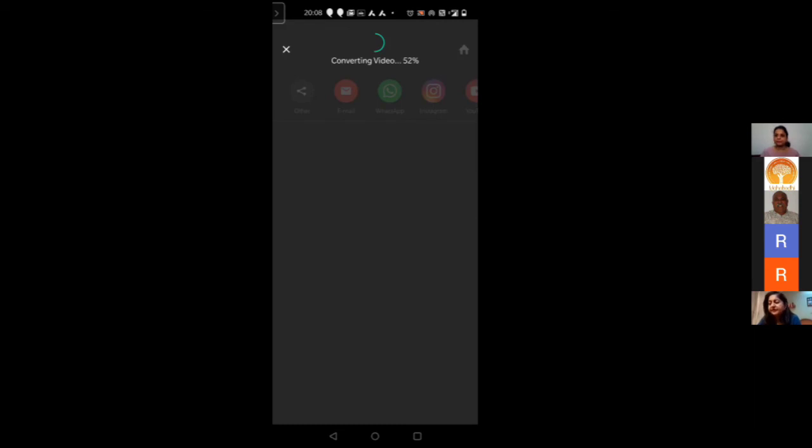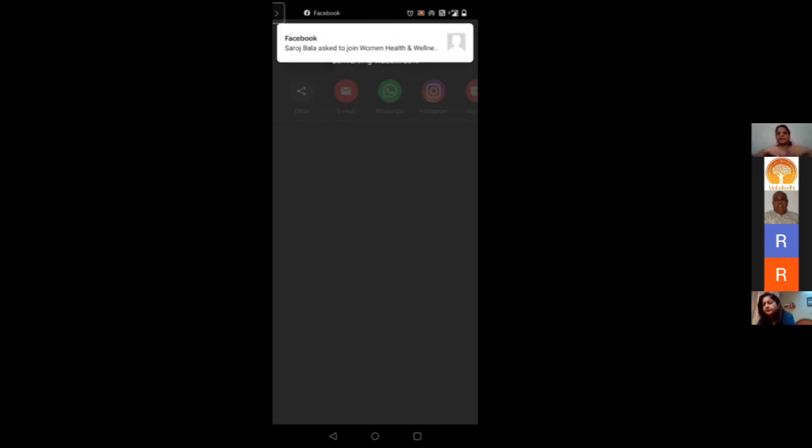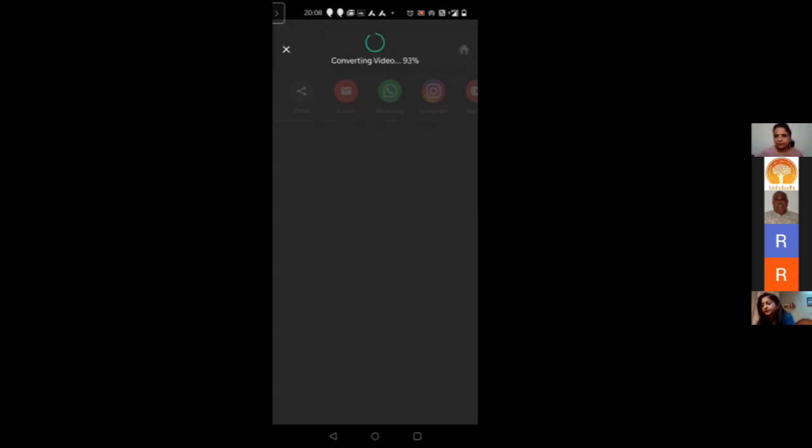But that raw video will be available in your gallery. If I do it on 640, would it not be of good quality? No, it might be that when you are seeing it on a larger screen, it will get pixelated or something like that. That's it. Nothing more than that. But if you're seeing it on a phone, it will be fine. 640 is fine. See, my video has got saved now.